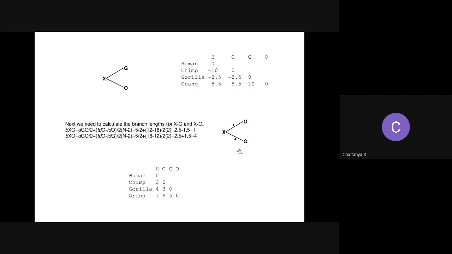So here in this particular instance, it tells you that gorillas have had just 1 change since the common ancestor, and orangs have had 4 changes since the hypothetical common ancestor, right? So even right here, you can gauge that neighbor joining does not use a molecular clock and figures that every lineage is evolving at a different rate, okay? Now, moving on,